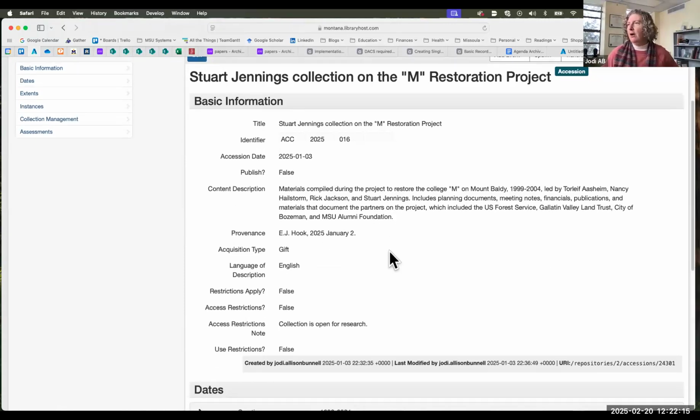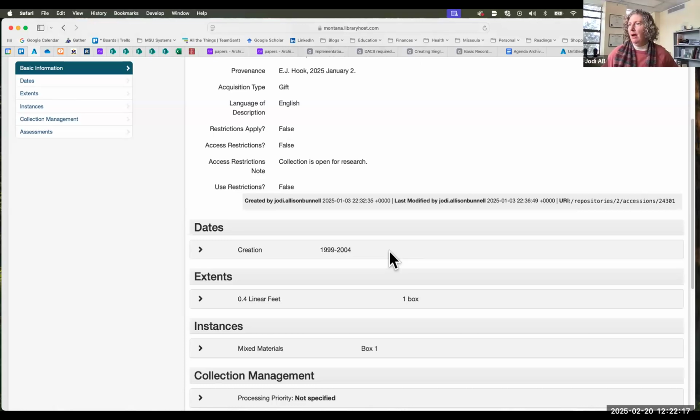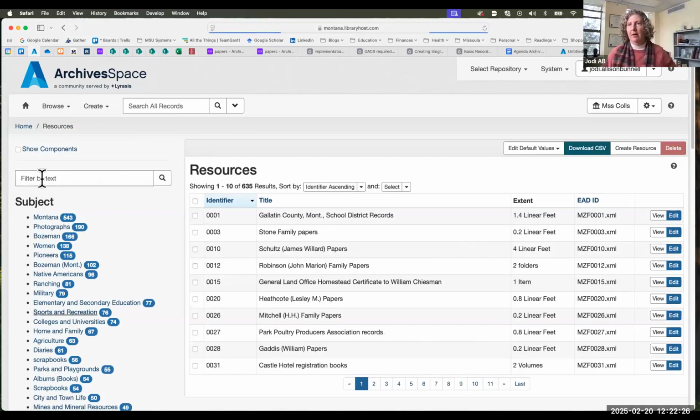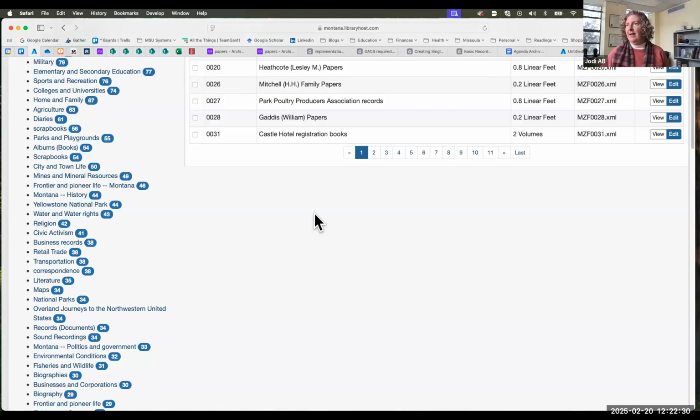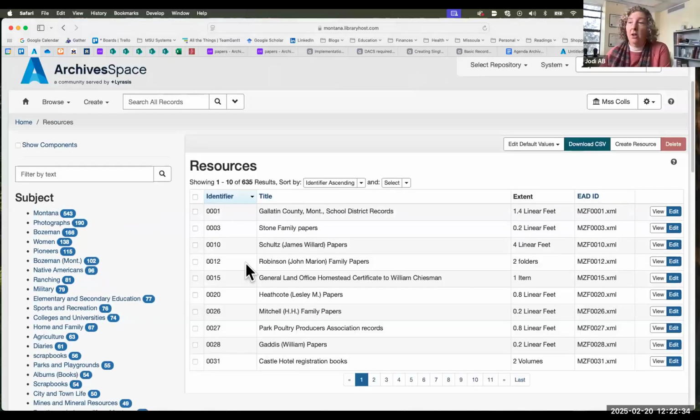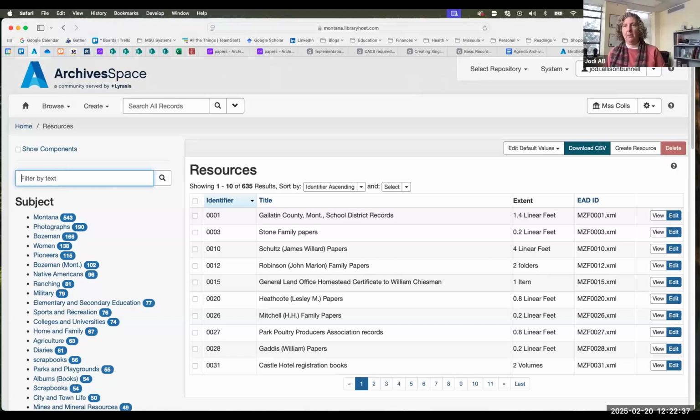acquired. We're working on our College M. So it's got those basic pieces of information. If we go to resources, we already saw that for the Ivan Doig collection. So we've seen what that is. And then digital objects. Actually, if we go back to